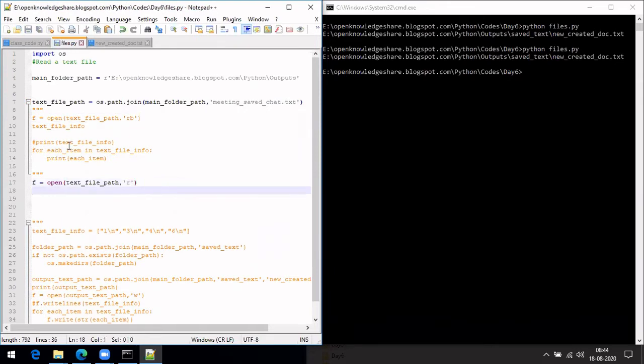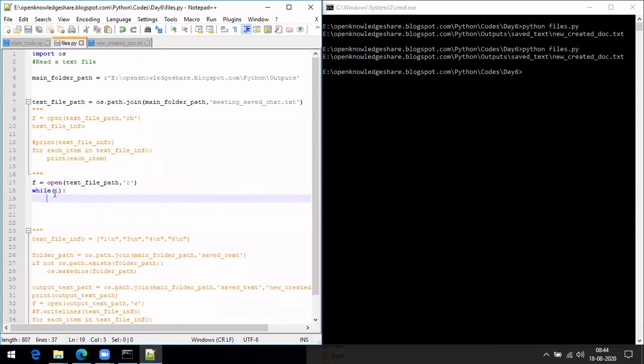And then the next part is, in case we want to read a line, but you don't know how many lines there are inside that file. So what we can do is put it in an infinite loop. There can be different ways, but one suggestion is to keep it in an infinite loop. Inside the infinite loop, you try to read a line, and let's call it line text.